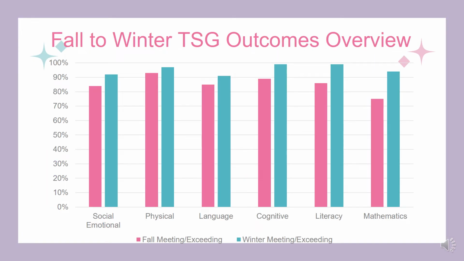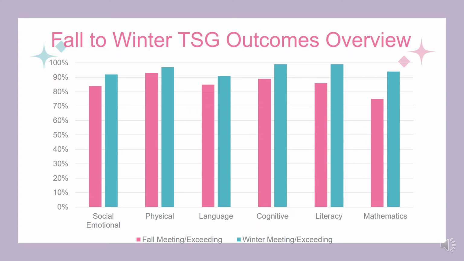We'll begin diving into our data by looking at our overview. So this shows us all of the domains where we assess children in TSG. You'll see that fall is represented in pink, winter is represented in teal. So looking at social, emotional, physical, language, cognitive, literacy, and mathematics domains, you'll notice something that's the same in every